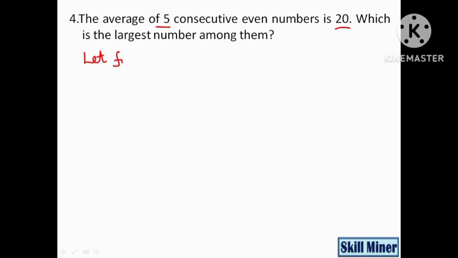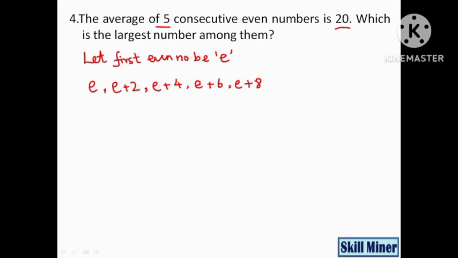Let the first even number be E. Okay, so those 5 consecutive numbers will be E, E plus 2, E plus 4, E plus 6, E plus 8. Since it is an even number, I am adding 2 for every number. Okay,